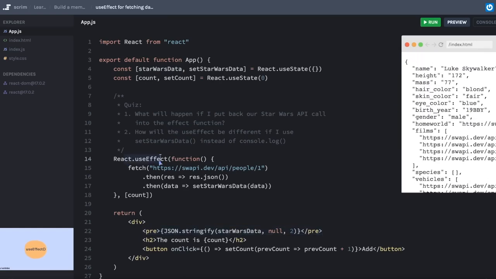And then the effect checked to see if the old count still matched the new count. And sure enough, it did. And therefore, it did not rerun our effect. Because it didn't rerun our effect, we did not get our Star Wars data again, which would have caused that